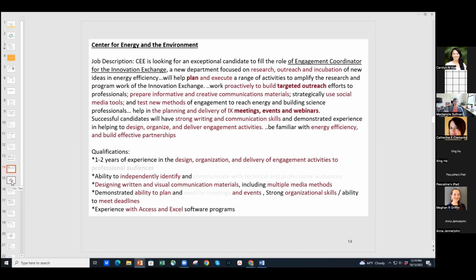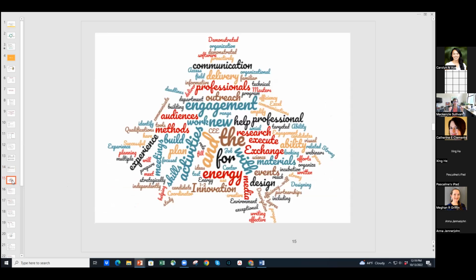I also like this idea of throwing it into a word cloud where I can see what the important concepts are. You are going to see words like "and" and "the," because those are very common words, but I basically take the text, throw it into a word cloud, and I can see engagement, that's an important one. Activities, that's an important word. Energy, that's an important word. And so we're going to talk a little bit about applicant tracking systems, which are electronic systems. But even if an individual person is reading your resume, they are keyword searching, right? It's just the way the human brain works. And so you want to make sure the key skills, concepts, and words from job descriptions are in your resume.